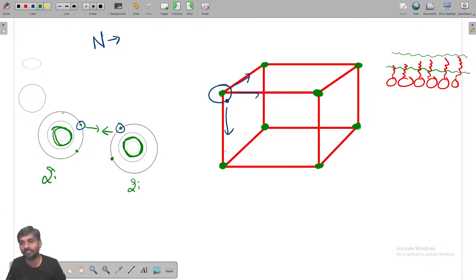You can see here, this is one energy level, this is another energy level, another, and another. So this range of energy levels